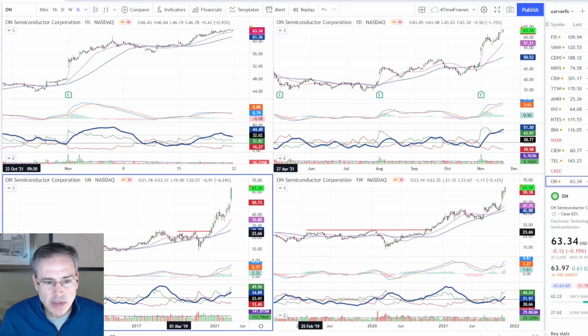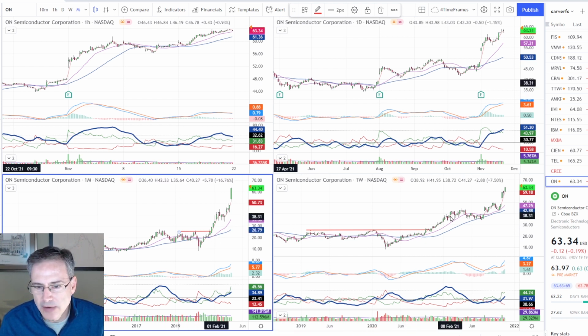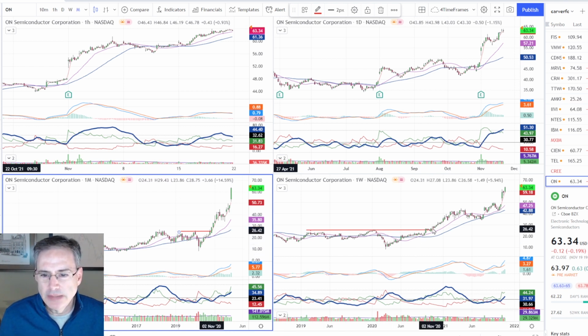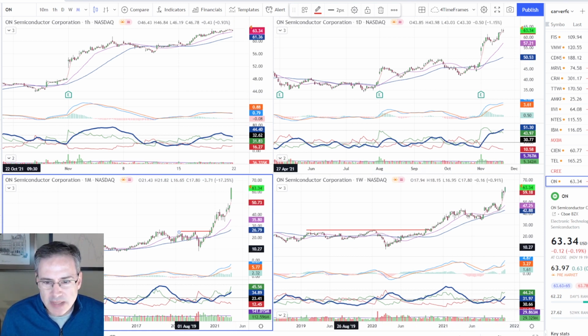If we look at ON and look at this move, how it went sideways for a few years and then broke out of this base. When you look at the monthly chart, and then you can see it on the weekly, big, long, sideways pattern you break out of. When I see that, I'm more inclined to be looking at levels of risk and scale and trail, and don't get overly consumed by what's taking place in the momentum conditions,